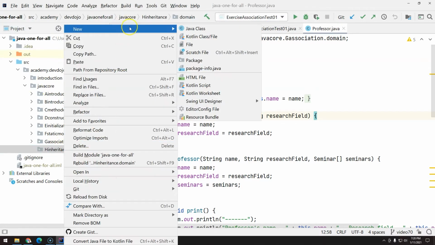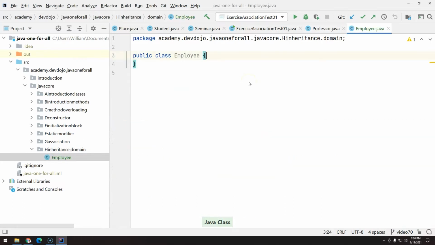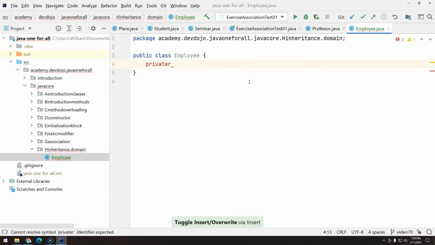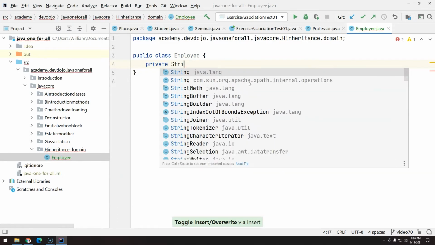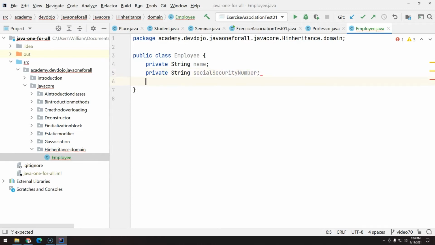Let's start inheritance with one kind of real life example. Create a class called Employee. Employee will have three fields. Let's start with name, and social security number,